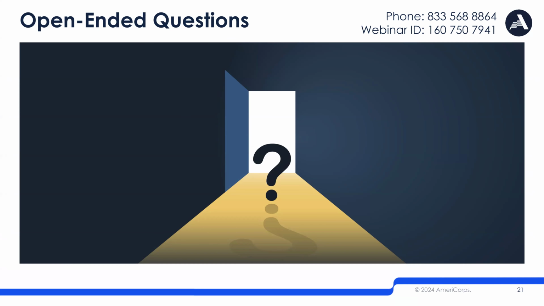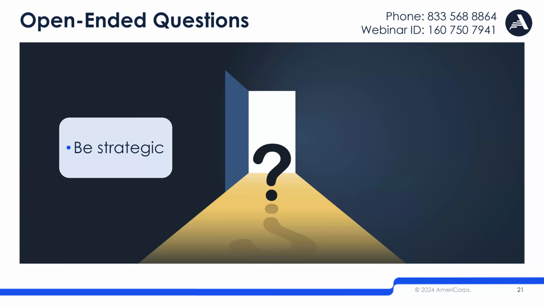Open-ended questions are questions where participants write in their own responses. So when including these types of questions, be strategic and only use a few of those to provide nuance or to answer questions that can't be answered by a closed-ended question. There's a couple reasons for this. One is that it lengthens the amount of time it takes to actually take the survey if you have a lot of open-ended questions. And another piece is that it also makes it much longer to analyze and synthesize the